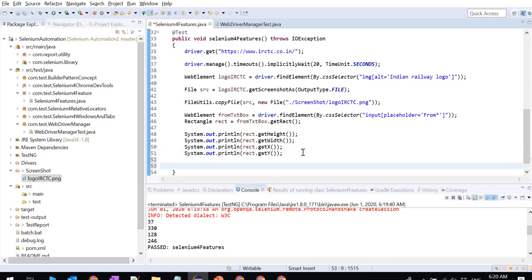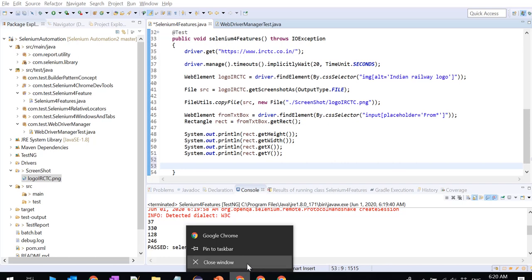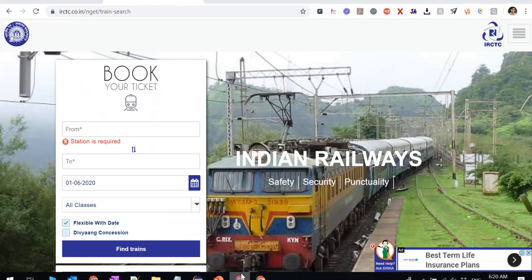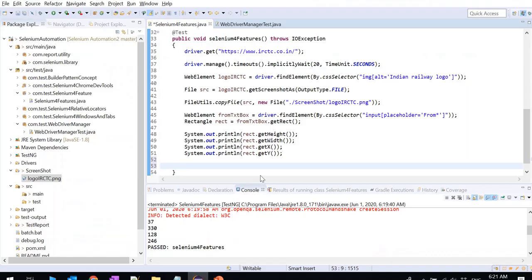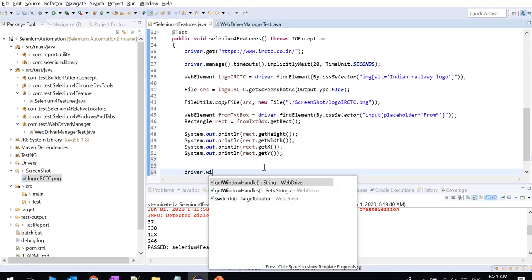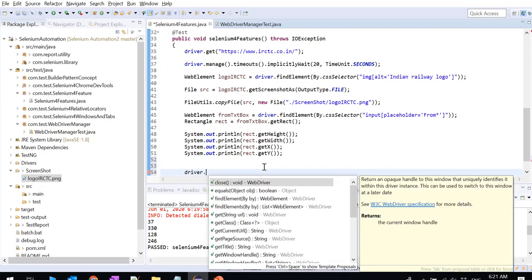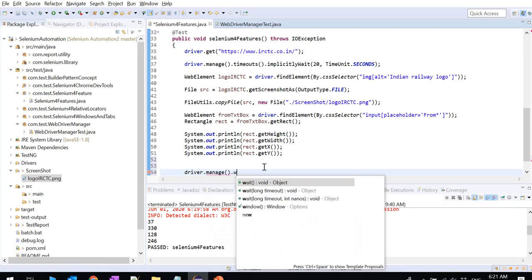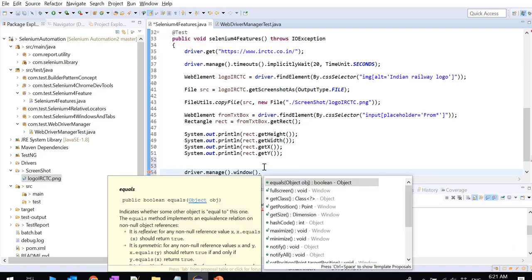So let me move to the third topic. Here we can minimize the window, since we don't have that capability in Selenium 3. Selenium 4 provides a very good capability for this. So what I have to do is driver.manage().window().